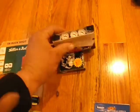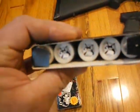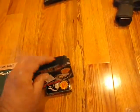If I run out, I'm going to use these Wolf. These Wolf has cool factor here. I'll show it to you. The end of these shells actually has the pictures of wolves on them. I just thought that was real cool. So anyway,